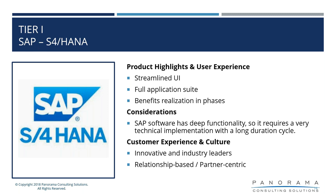From a customer experience and culture standpoint, SAP is completely innovative, and they do a great job at the management level of hiring industry leaders. These are people that have been within the industry for a long time, whether it be ERP or distribution, transportation, whatnot. These people help them see what's actually going on, on a boots-on-the-ground basis, and help them deploy new